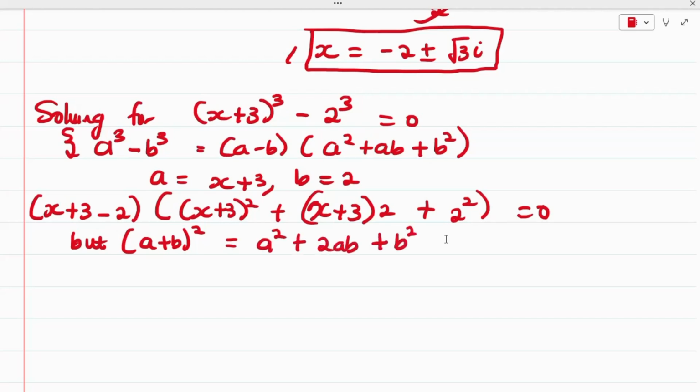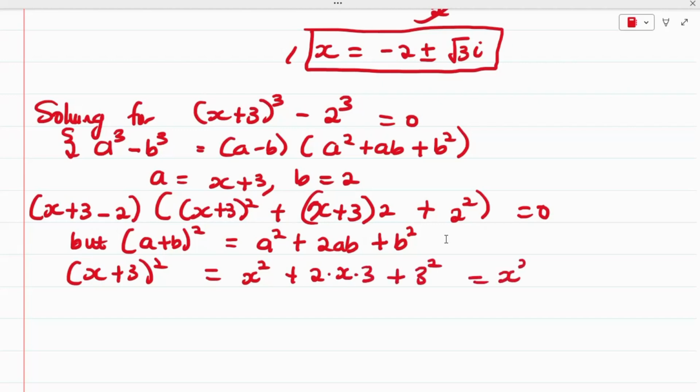B square. So if we have (x + 3)² = x² + 2 × x × 3 + 3², and this is equals to x² + 6x + 9. Alright, so from this point we have this to be (x + 3 − 2) is 1, multiply, now